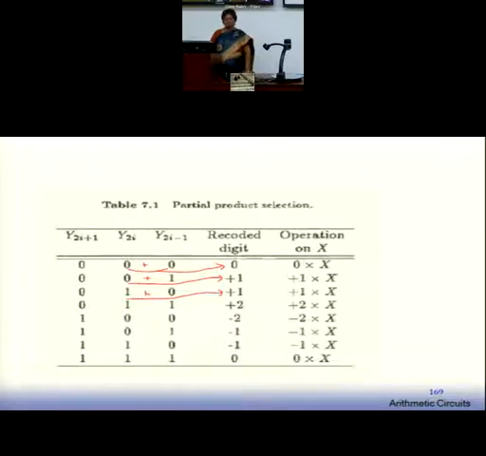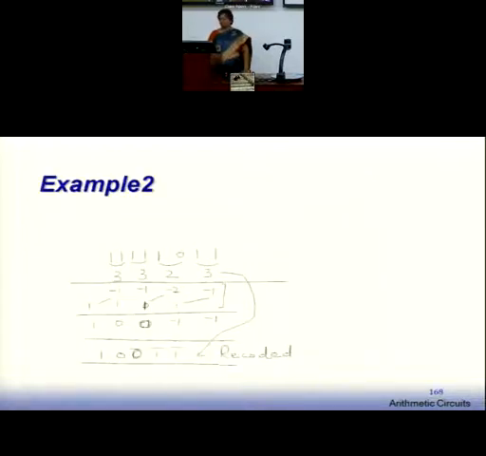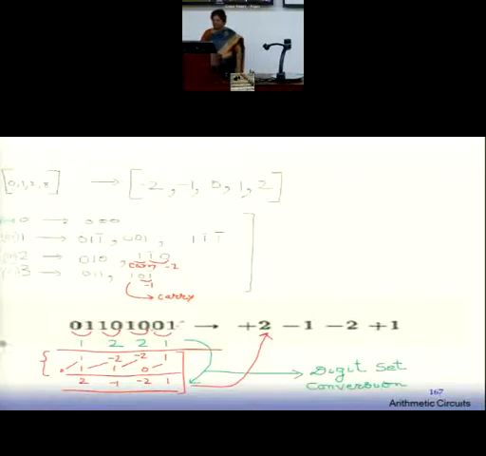A recoding table. How do you recode? Now what I am going to do is take 2 bits together. Within these 2 bits, incidentally there is 1, 2 and 2, 1, but there could have been a 3, which incidentally is not there in this example. But you could have got a 3 also, a 1, 1 combination. And this 3 we want to avoid. That is why we are recoding it and bringing it into the digit set minus 2, minus 1, 0, 1 and 2.